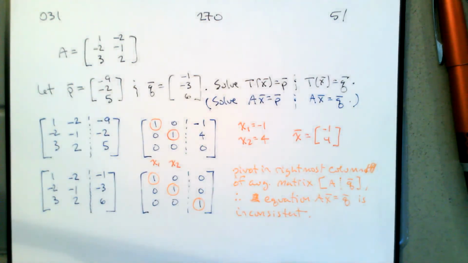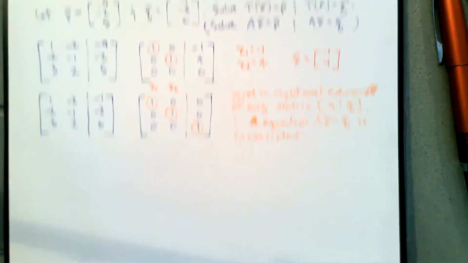So here's the matrix A, Q, an augmented matrix, and it has a pivot in the rightmost column. Therefore, the equation Ax equals Q is inconsistent. Therefore, there is no x such that T of x equals Q. We could say that Q is not the image